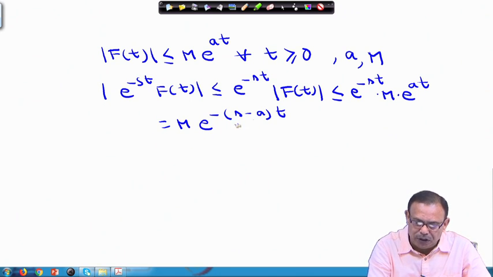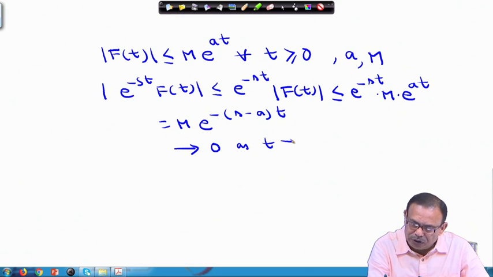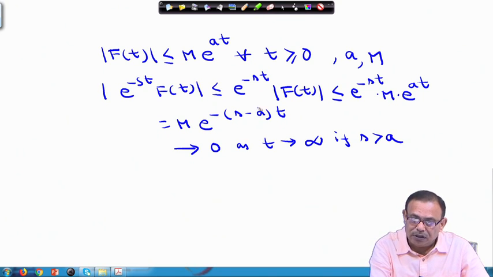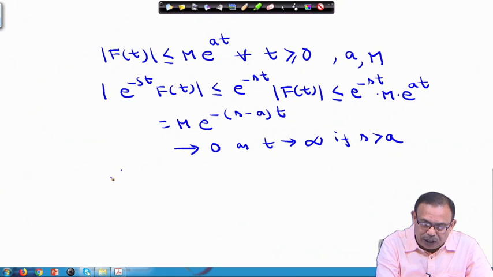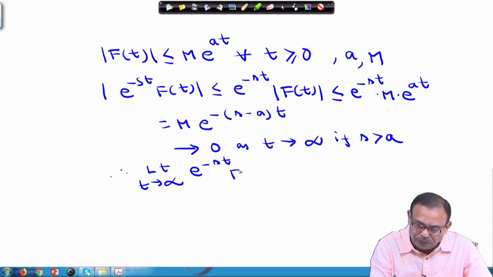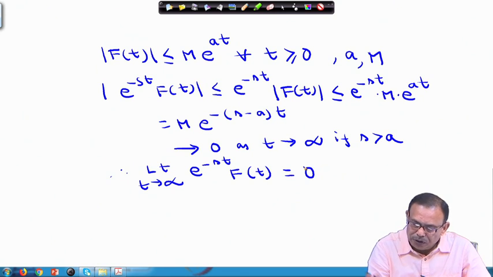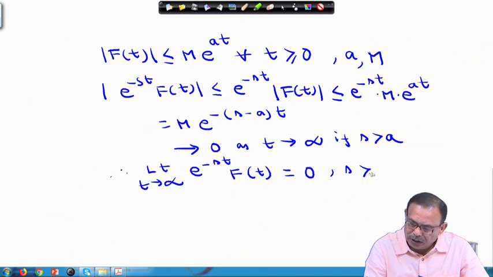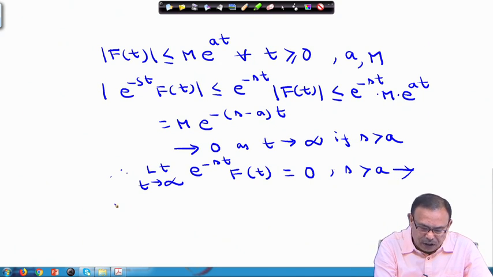Now, you see this quantity M into e power minus s minus a into t approaches 0 as t approaches infinity. Of course, whenever s is greater than a, this term e power minus s minus a into t approaches 0 as t approaches infinity. Therefore, you can say that limit t approaches infinity e power minus s t into f t is equal to 0 for s greater than a. So, from these two, we can conclude that Laplace transform of f dash t exists,